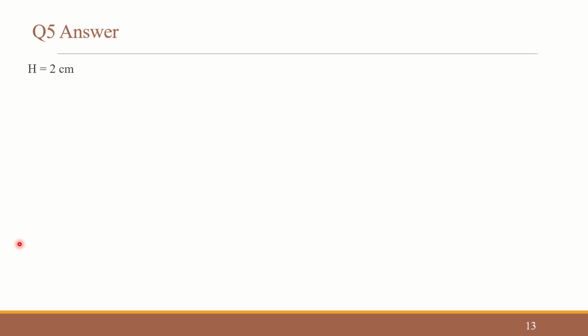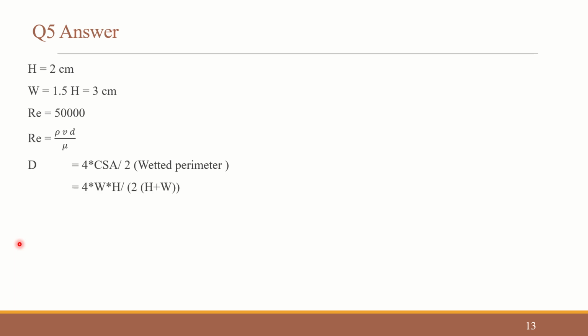So if h is equal to 2 centimeter, W is equal to 1.5 times of h, and it is 3 centimeter now. The Reynolds number is given as 50,000, and Reynolds number is given by rho V d by mu, and d, that is hydraulic diameter, is given by 4 times the cross sectional area divided by the wetted perimeter, and therefore it is 4 into cross sectional area, W into H, divided by 2 times of,